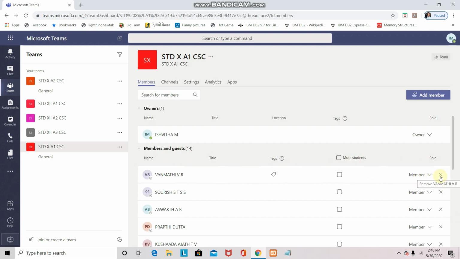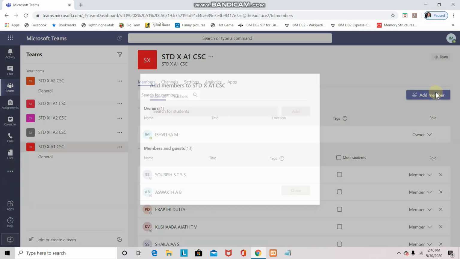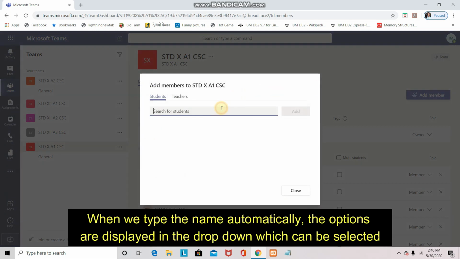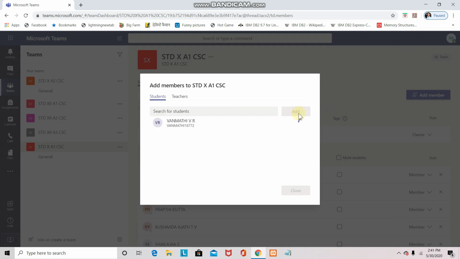Suppose you have mistakenly deleted a student, or you need to add some more students. I am deleting one particular student and showing how to add the same member back here instead. So I am adding the student Vanmadi once again. Even if you have mistakenly deleted, or if you want to add a new member, this is the way you can add it